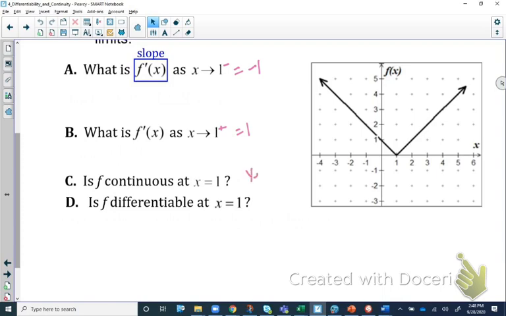Absolutely it is. One of the things that we talk about for continuity is you can check it on a graph by just tracing it with your pencil. If you can trace the entire thing without having to pick up your pencil, it is continuous. So it is continuous at x is equal to 1, but it's not differentiable. And this is why. So here I'm going to say no, f of x